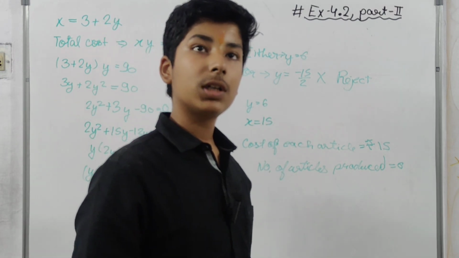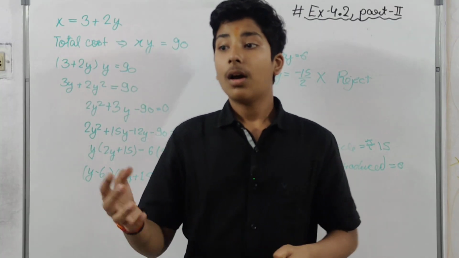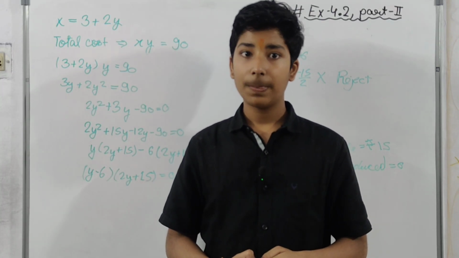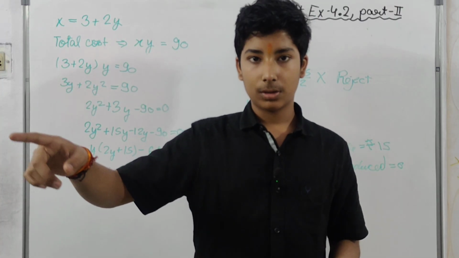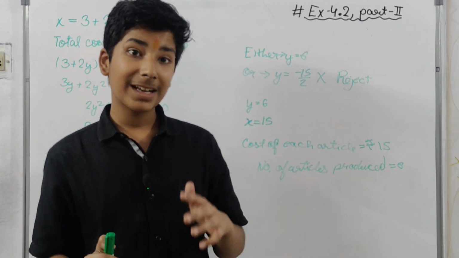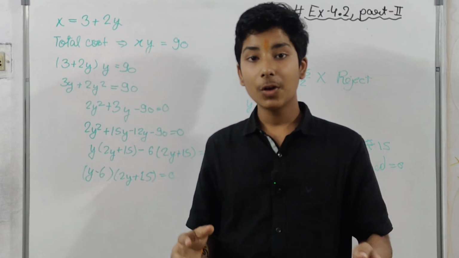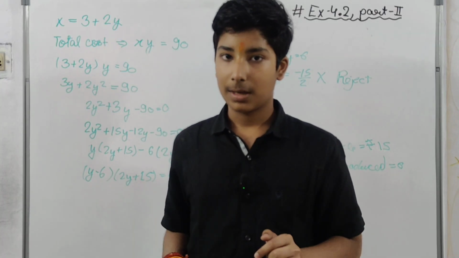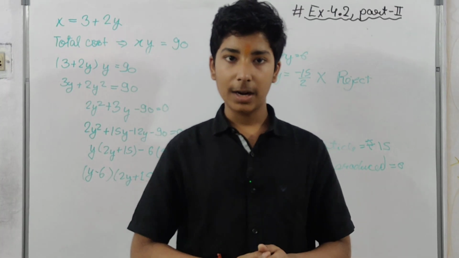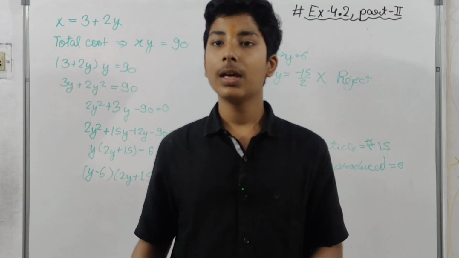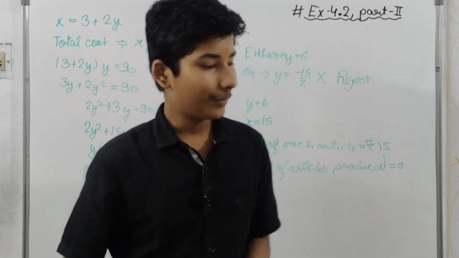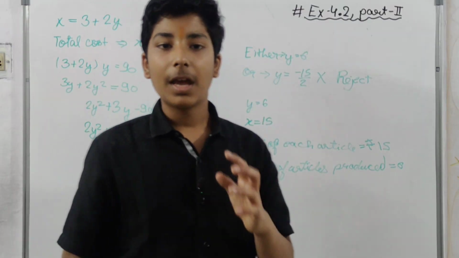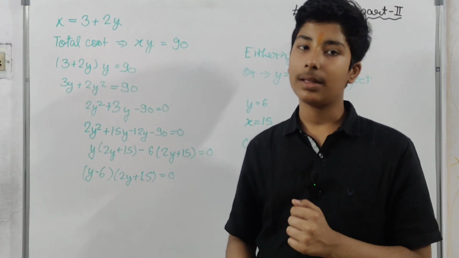For example, you go to a toy shop and you ask, what is the price of half a toy? He will give you nothing, but instead he will say you get out, because the article cannot be bought half. You have to buy it full or nothing, and nor can a negative article be bought. Okay, I hope this is clear, and all the questions of this exercise are over.